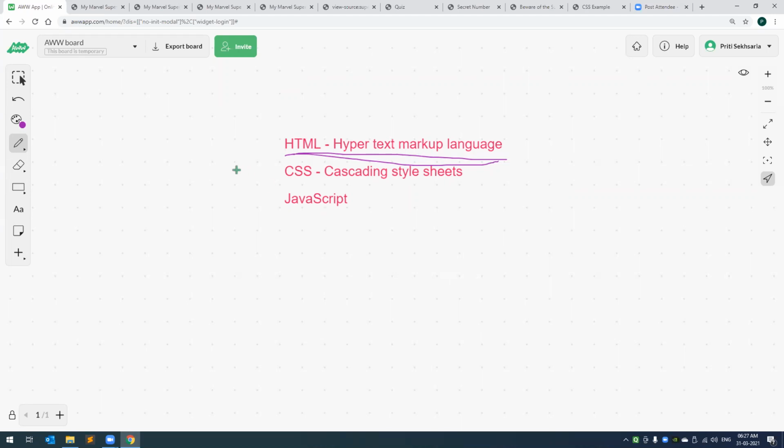Every CSS command that we write, every JavaScript command that we write is written within the HTML. It is a part of the HTML. Without HTML, my browser will understand nothing. Do you follow that, guys? Yes. Okay.